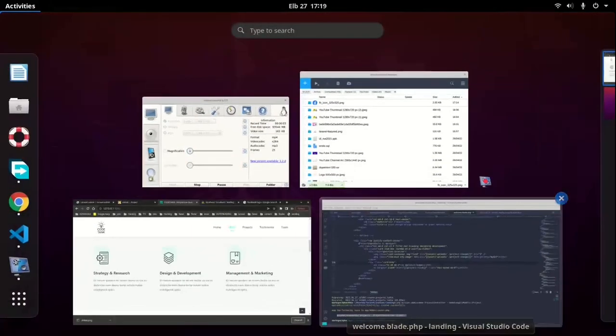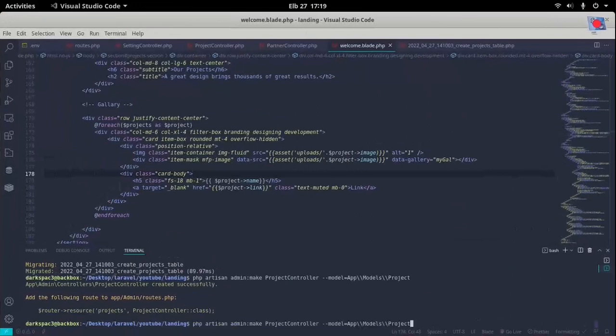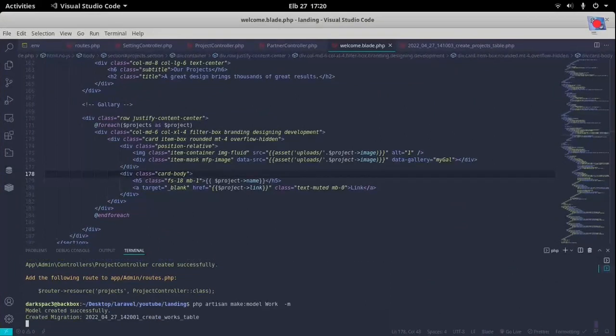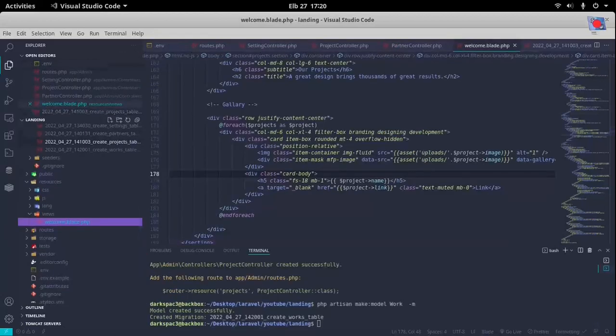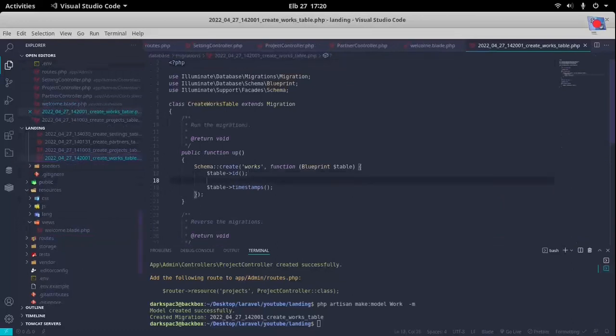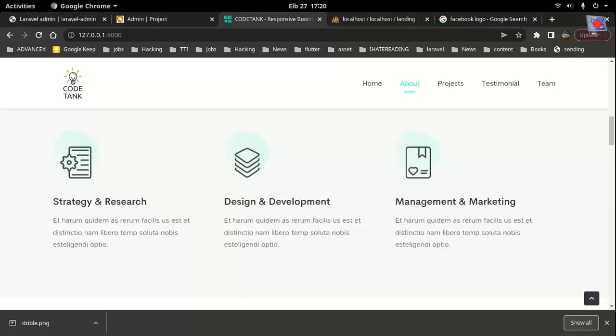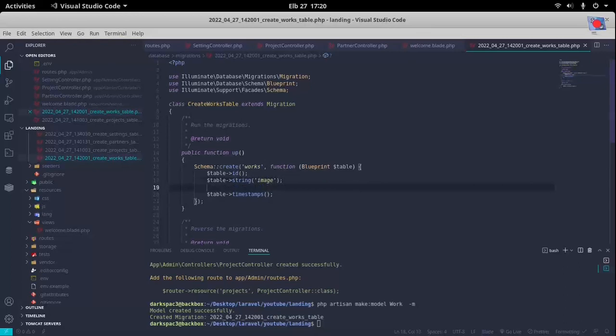So first things first, let's create a model, and the model will be called maybe our works. Next thing we need to do is go to our works table, to our works migration, and create a table for the same. So we'll have a table, and the table string, and the first thing that we need is a logo, which is an image. Let me just call it an image. And we'll also have a string, and it's a title,